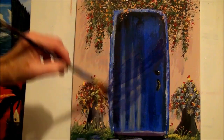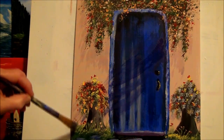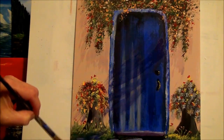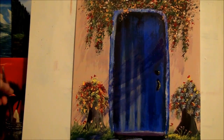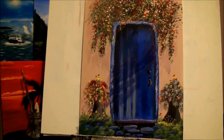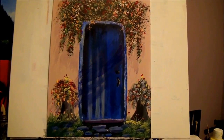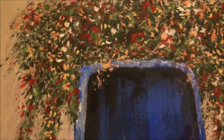Oh, here. Then we get a little bit behind the flowers. A little bit across the grass. All those little tiny techniques give it a nice interest. So I'm hoping that will look nice. Looks pretty nice. Okay. You got the light shining on it, plus some shadows from the flowers and the bushes. Okay. Now